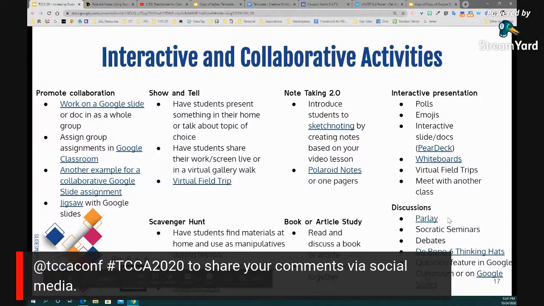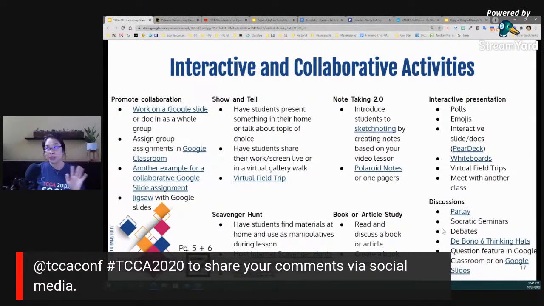And I am not associated with them at all, but this is Parlay. This is something we started using in my district that I wanted to point out here because it has been an amazing platform for us to use. We started using it last year, but this year is really the year that we've been pushing it out more. But I feel it's a wonderful platform that helps facilitate discussions, not only collecting data on it